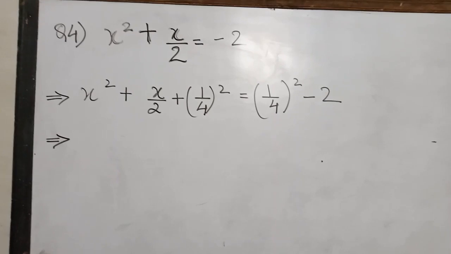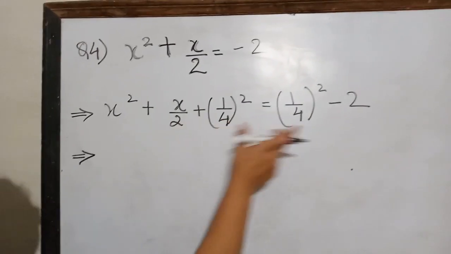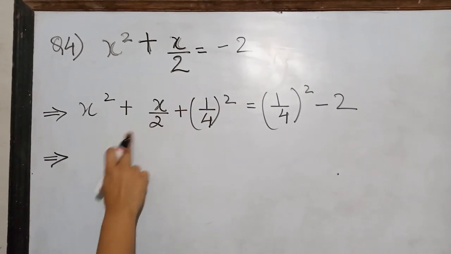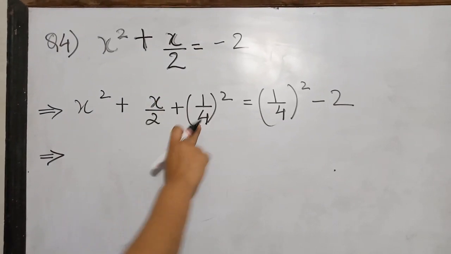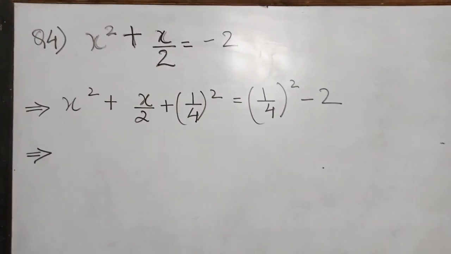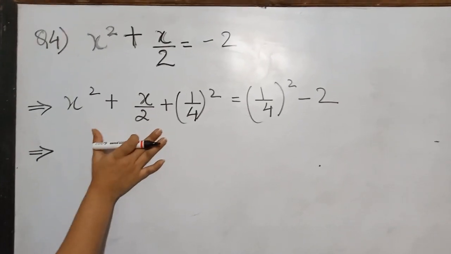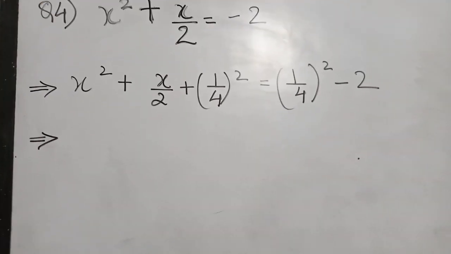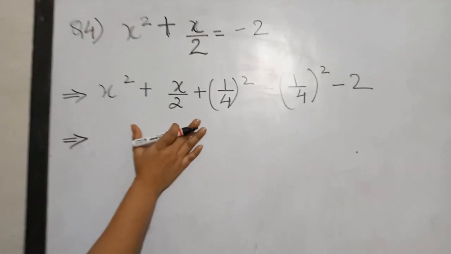Now over here we have added the coefficient of x, its whole square, on both the sides. Coefficient of x is 1 by 2. Half of 1 by 2 will be 1 by 2, and of 1 by 2 it will give you 1 by 4. So over here I have added 1 by 4 whole square, and over here also I have added 1 by 4 whole square. Now over here we have to determine this term in the form of a plus b whole square.